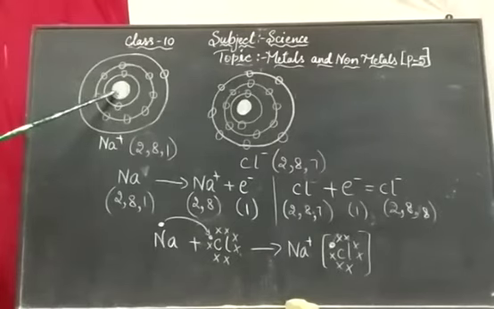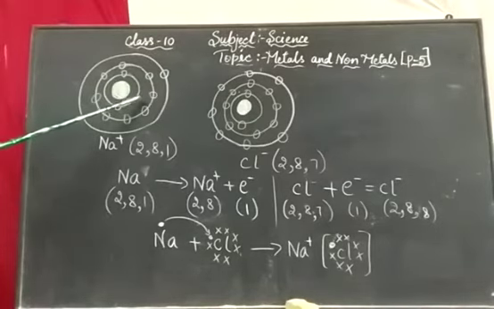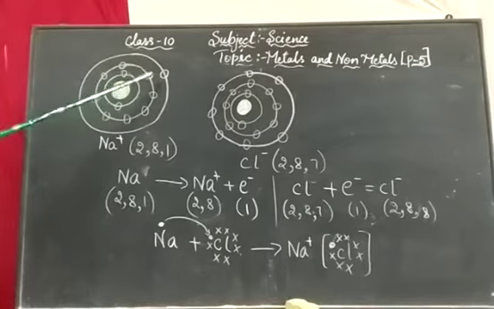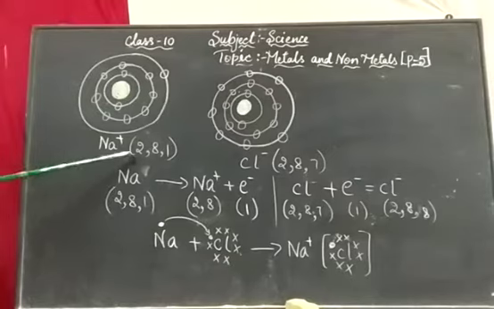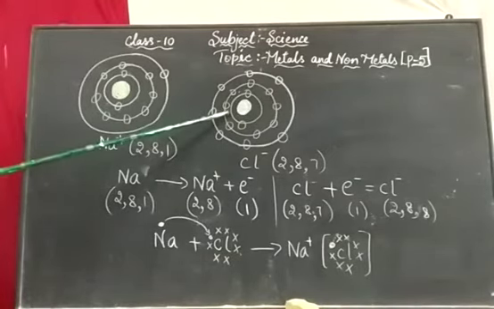Now in between, there are protons and neutrons together. The electrons are revolving around the protons. In the first shell, that is the K shell, it has 2 electrons. Then after K it is the L shell, which has 8 electrons. And then after L it is the M shell, which has 1 electron. So this is the electronic configuration of sodium, right? 2, 8 and 1.